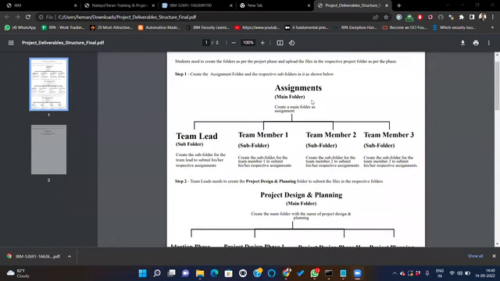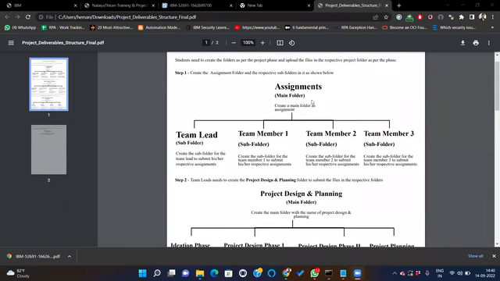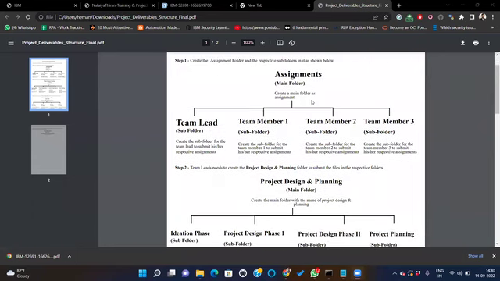As per the standard format we have suggested 4 members, so team lead, team member 1, 2 and 3 make a team of 4 people. They have to create their individual subfolders in the main assignment folder and submit the assignments.